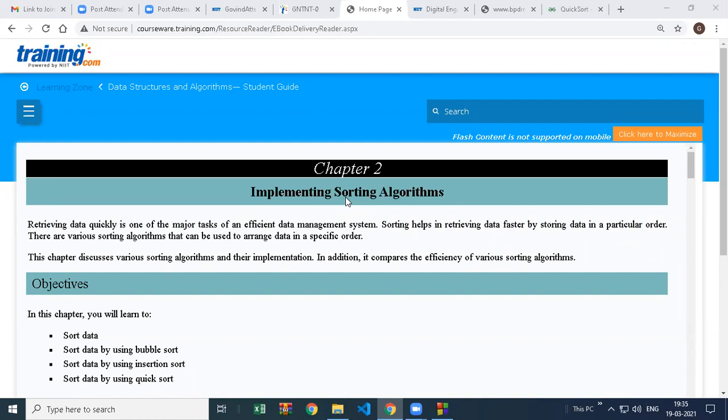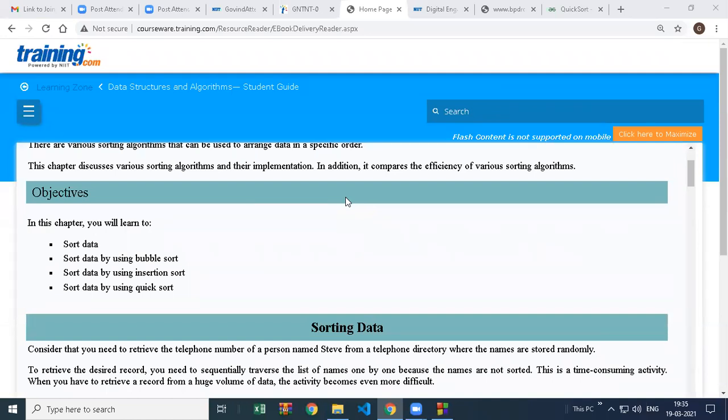There are three different algorithms already created by mathematicians and programmers. The first algorithm name is bubble sort. Second is insertion sort. And the third is quick sort. So there are three algorithms given for the same thing, sorting the data. So which one is the best one?